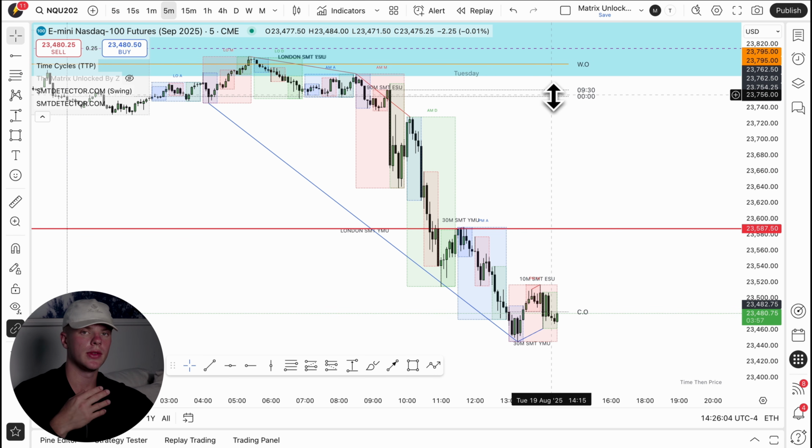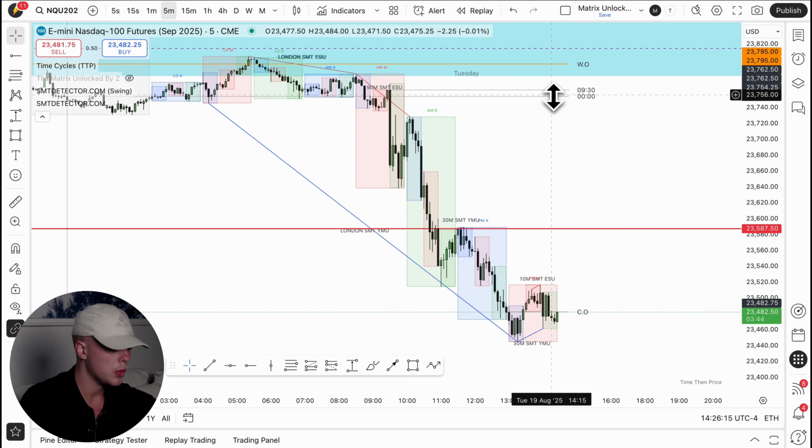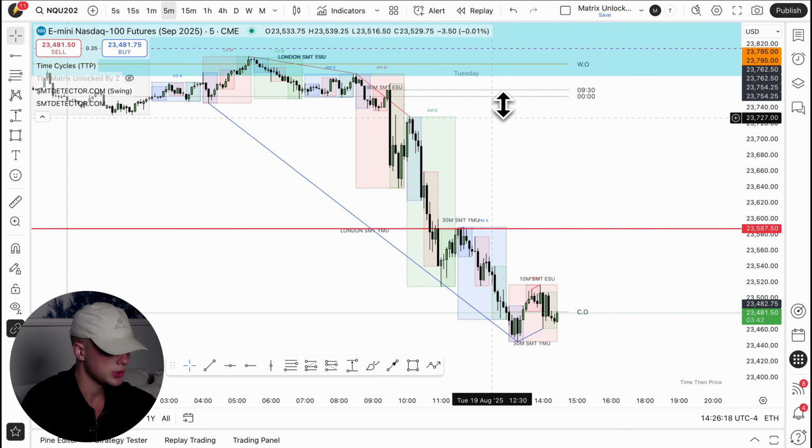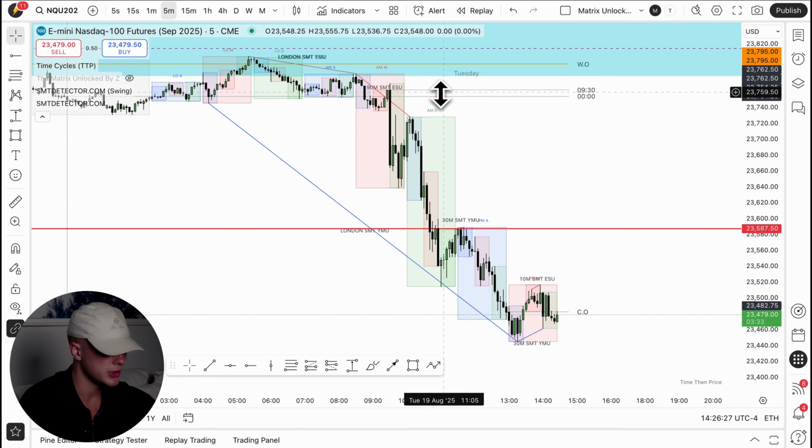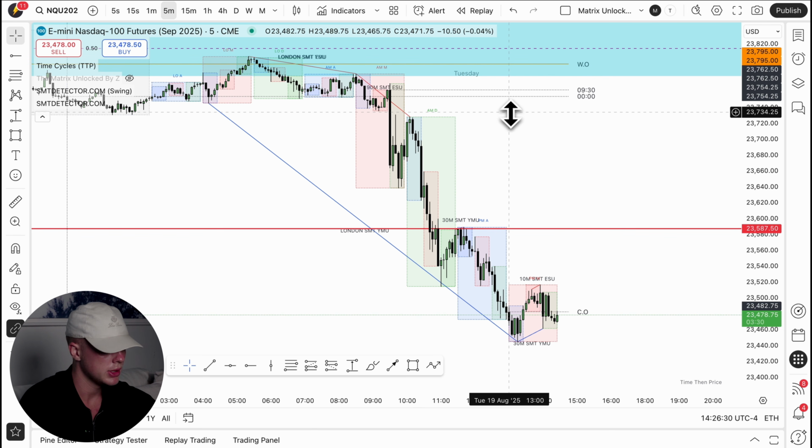Now it's important to note that everything which I'm showing to you now, right here, can actually be done manually. So don't feel like you need these indicators. I'm simply sharing with you what I am using on an active daily basis. So what you can see is that the time cycles indicator plots these boxes right here, and the reason why these boxes matter is because time cycles play a crucial role within my day-to-day analysis. Next to that, we have the opening times right here, and they are very important as well. 9:30 a.m. open, midnight open, weekly open, and the cycle openings matter to me.